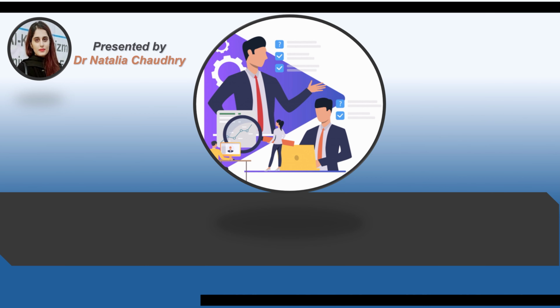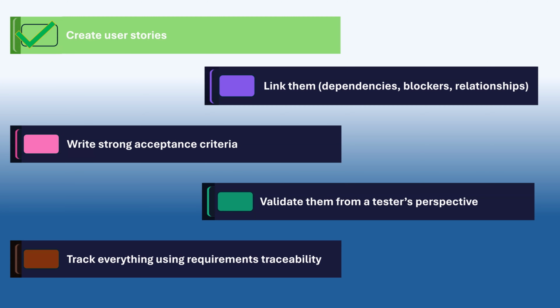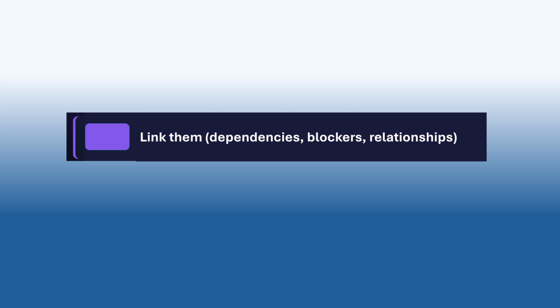In the last video, we covered how to create epics and stories in Jira and how to organize the work at different levels. In this session, we will build on that knowledge by understanding how these elements are connected. Specifically, we will study the link between the epics and user stories and explore the relationship between different stories within